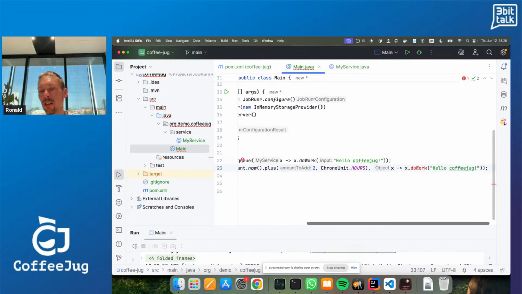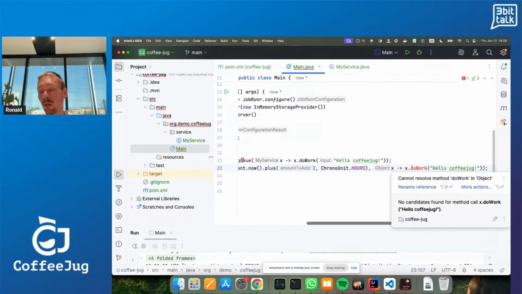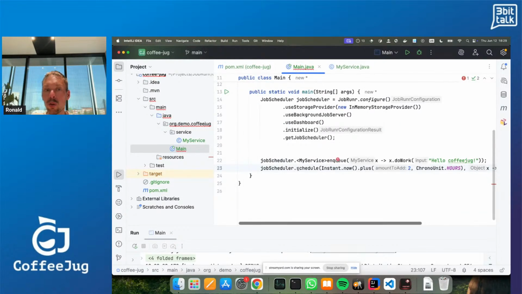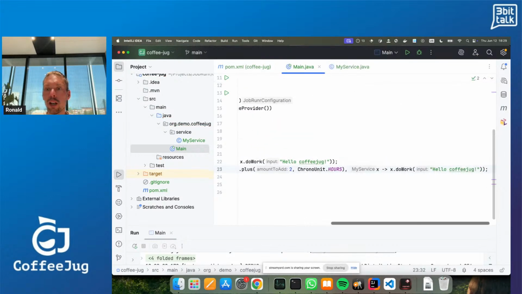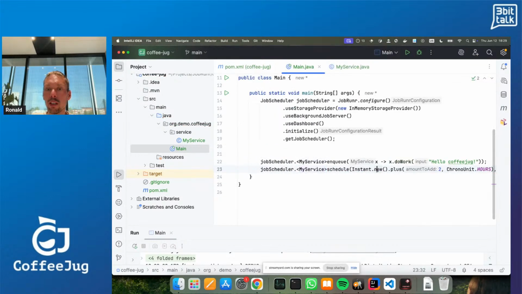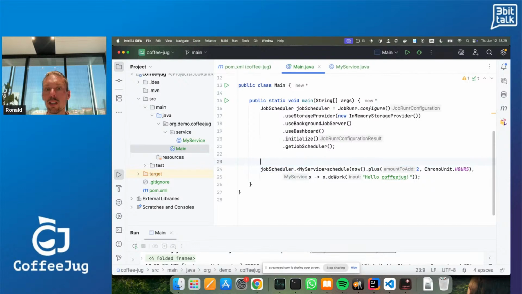And now it complains, it says, I don't know what X is. Well, it's because we didn't specify my service. And now this is solved. So let's make this a little bit more readable for everybody. And this one we don't need anymore.